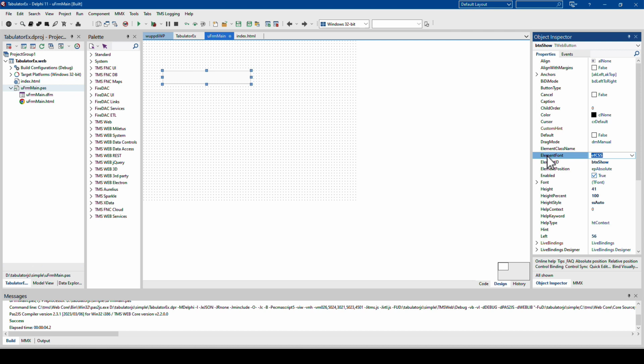And as you know, if you have looked at some of the introductory TMS Web Core videos, you have multiple options to design your forms in TMS Web Core. You can either just drop the controls on the form, you can drop the controls and then add certain CSS styling to these components, or what I did here, you use the form designer as your place to store the TMS Web Core components so that you can access them in code. So right here, if you look at the object inspector, the component is named button show. It's a web button. That is how I can access it in code.